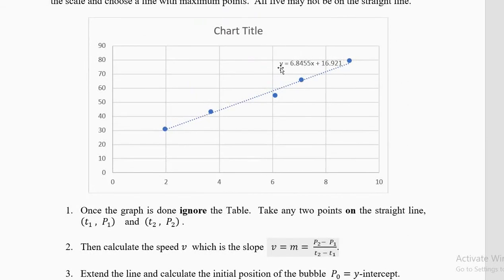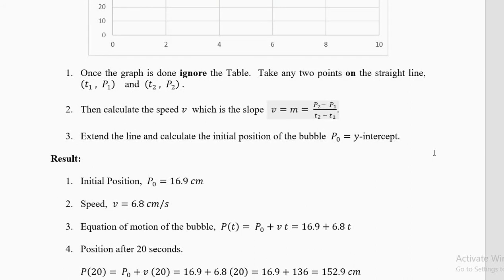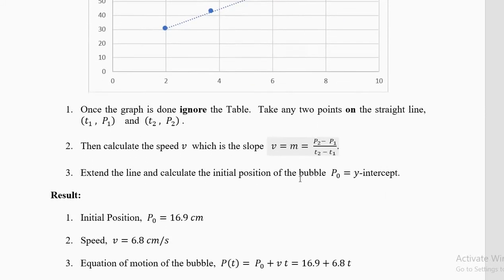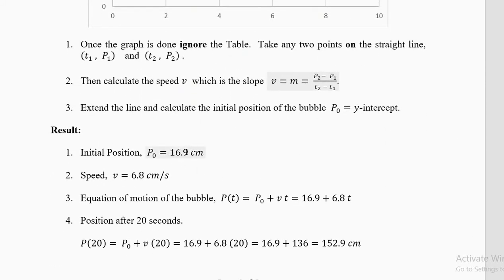Now the initial position is 16.9 centimeters. Your machine graphs, the computer graphs give many numbers after the point, but your graph paper cannot see because your scale, the least count is 0.1 centimeters. So stop at 0.1, okay, 16.9. Any number after the 9, here, if you copy, it will be wrong. So measure it and you'll have only one number after the decimal if you are using centimeters.